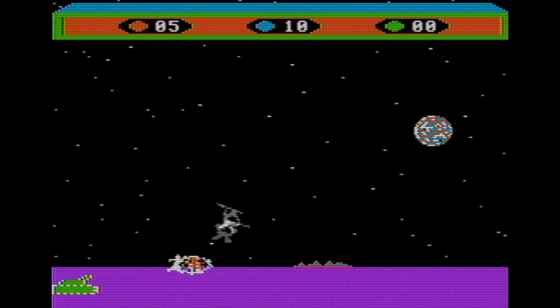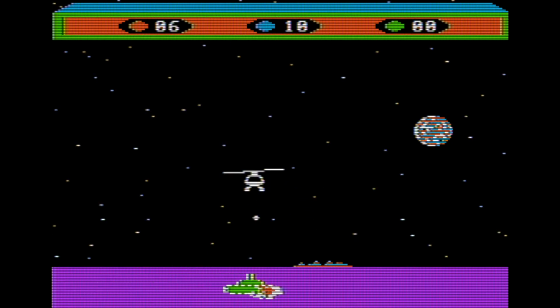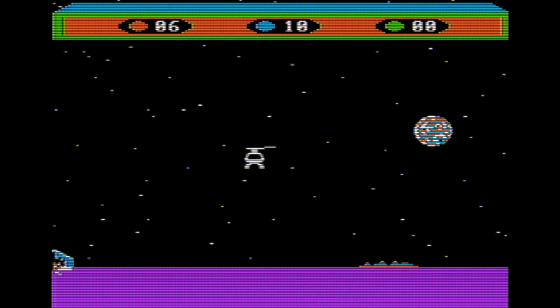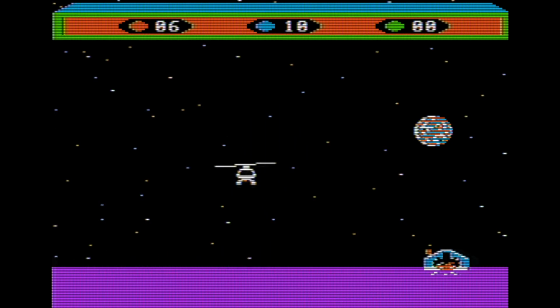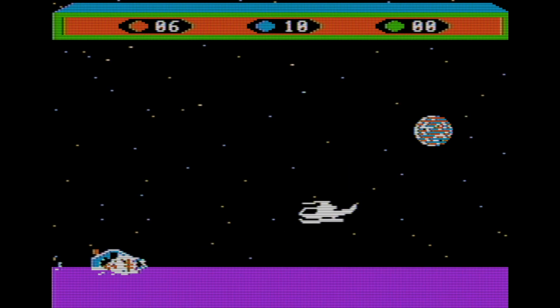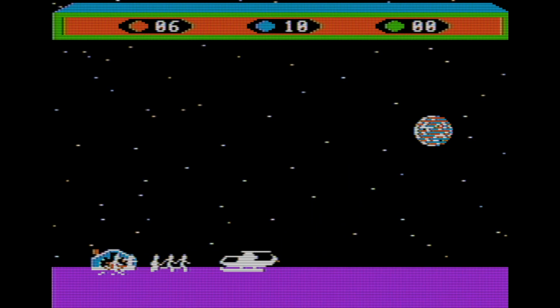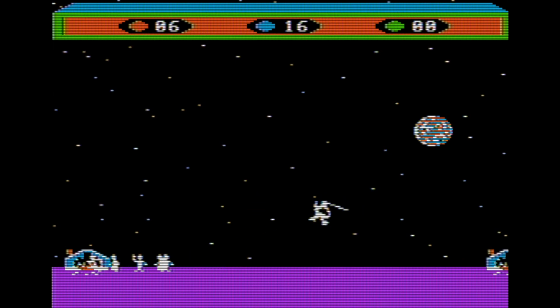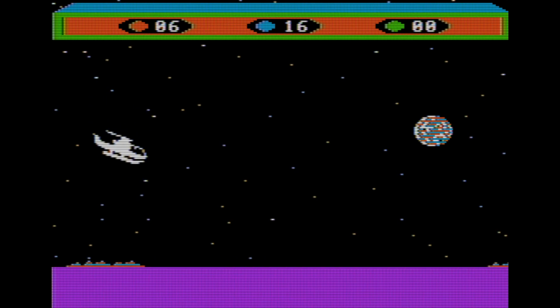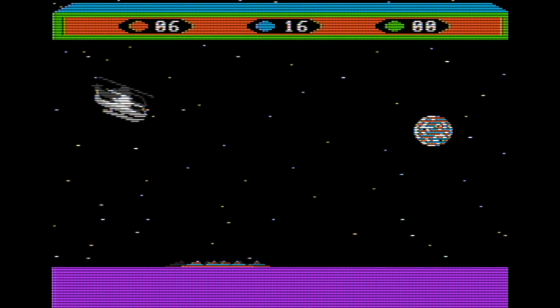Of course, the hostages are not always the smartest. They see a tank, they see the chopper, they're going to run toward the tank in order to get the chopper to land right next to it. That's not always the smartest decision on their part. It was also difficult to see whether my shots were actually going to hit the enemy, especially the tanks. It felt like there were a lot of shots that I felt hit the tank but didn't actually destroy anything. There's a lot of issues I had personally with the gameplay.